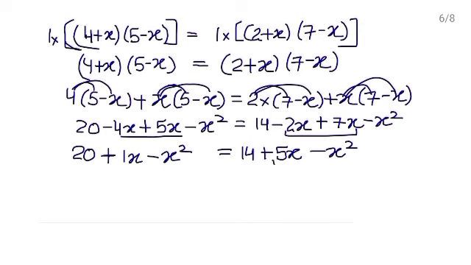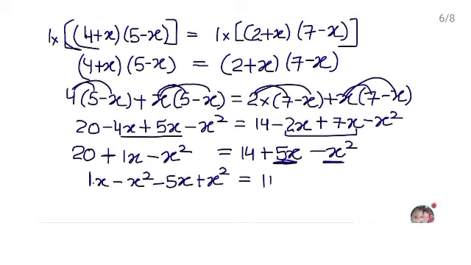Now keep all the terms having variables to the left. Take both to the left, right, and move this constant to the right. Clear? So right here 1x minus x square. When this 5x will move to the left hand side, it will become of minus sign, and when this minus x square will move to the left side, it will become plus x square is equals to, on right hand side we have 14. After moving to the right hand side, 20 will become of minus sign, right?